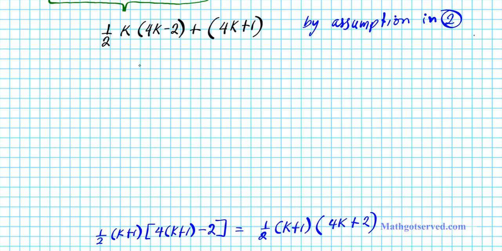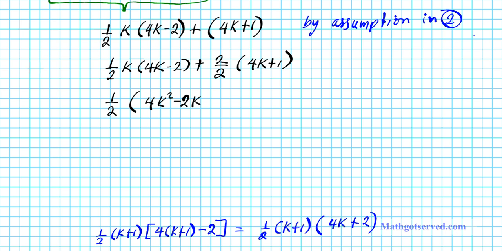Let's see. There's a 1/2 factored out, so how about we go ahead and factor out the 1/2? There is a 1/2 here. I need a constant that I can extract 1/2 from there. So let's rewrite this as 1/2 k times 4k minus 2 plus 2 over 2 times 4k plus 1. Okay, now it's easy to extract 1/2. So if I extract 1/2, I'll have 1/2 times, now we can distribute this k while we're at it, times 4k squared minus 2k plus,